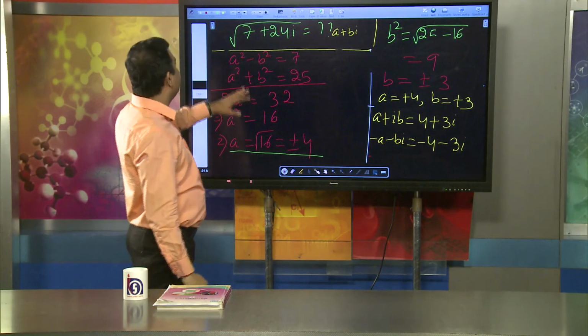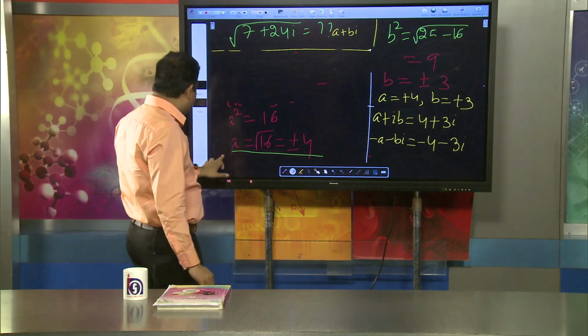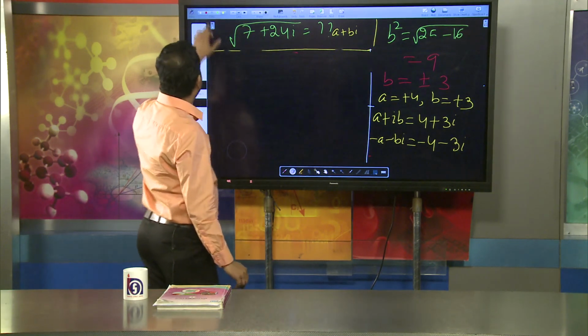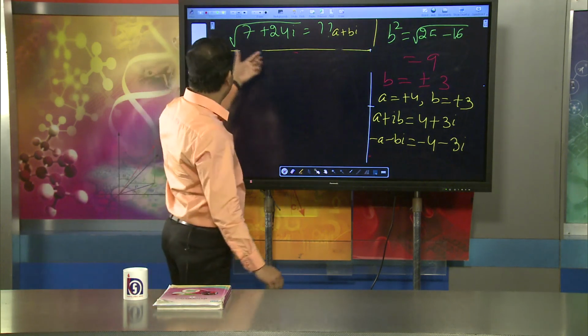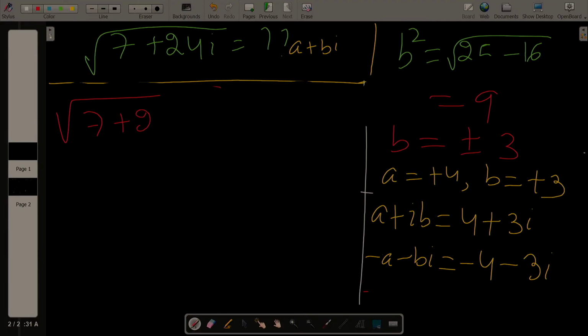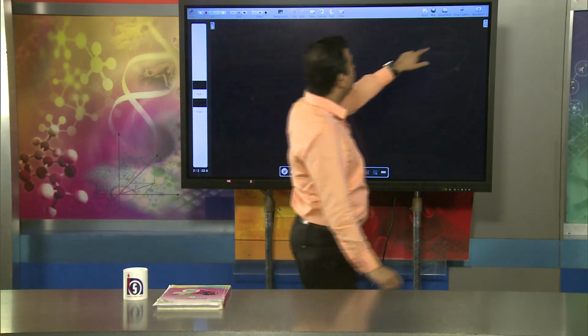Okay. So, it is a lengthy step, but the methods are such that we can easily find the square root of a complex number. Here the square root of 7 plus 24i equals minus 4 minus 3i as one value, and another value equals plus 4 plus 3i. There are two different values we find. So, dear learners, this is the way to find the square root of a complex number.